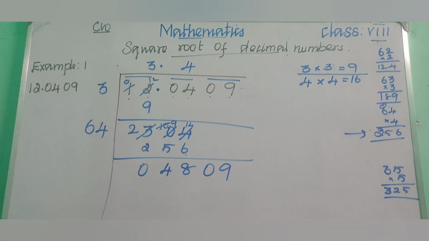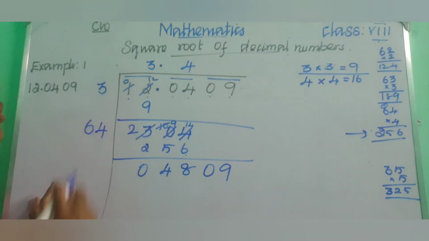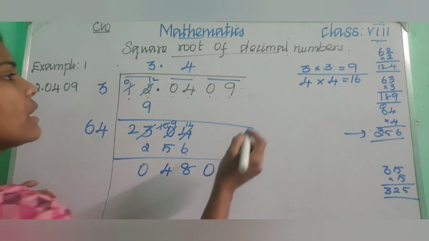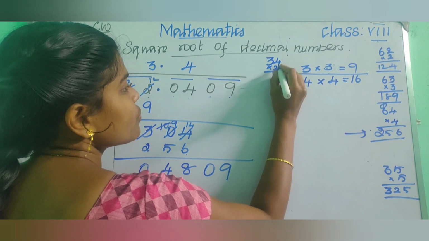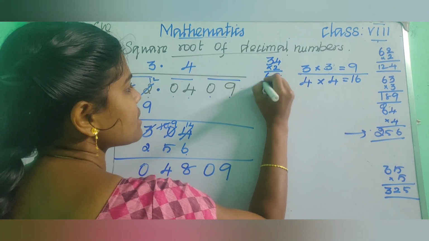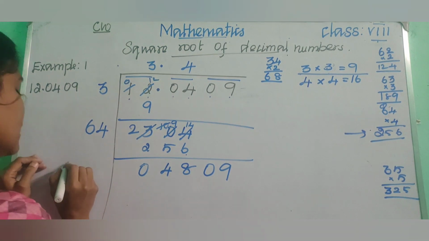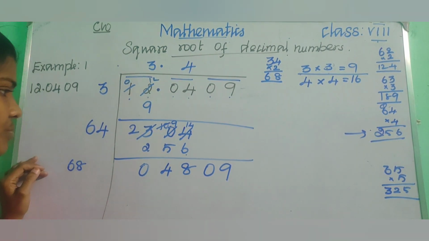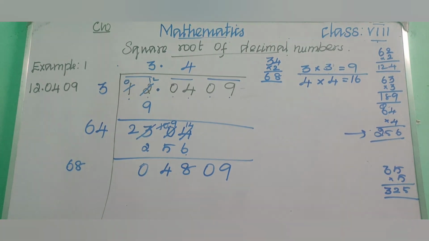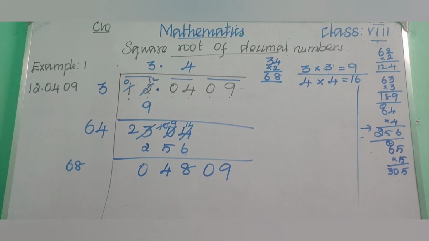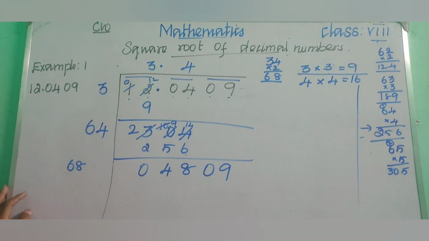So what is the next step we need to do? We need to multiply into 2 with the quotient. Okay, now we are having 34, right? So 34 into 2. Now let us multiply 34 into 2. Now multiply. 4 2s are 8, 3 2s are 6. Now we got 68. Okay, here put 68. Okay, children, now we got 68 here. So in the units place, what we are having? So now in the units place, we are having 9, right?